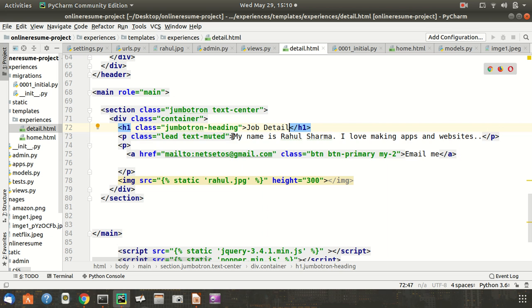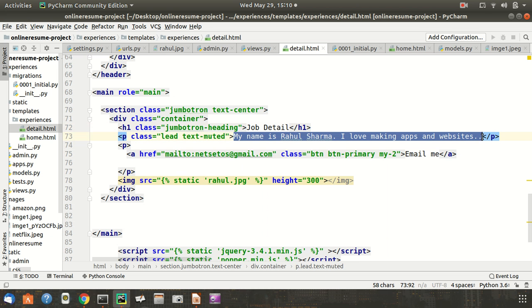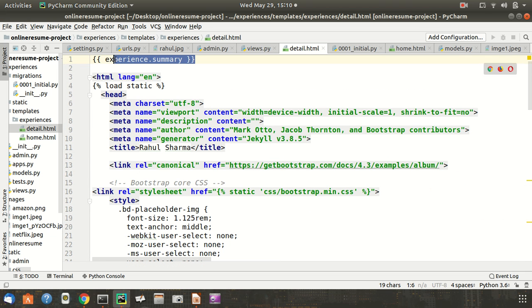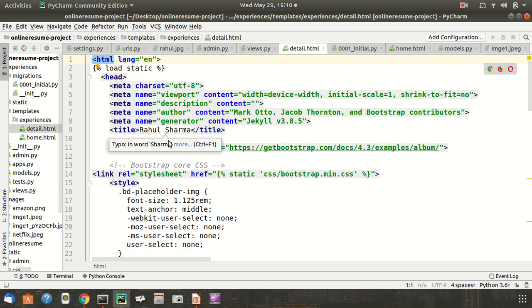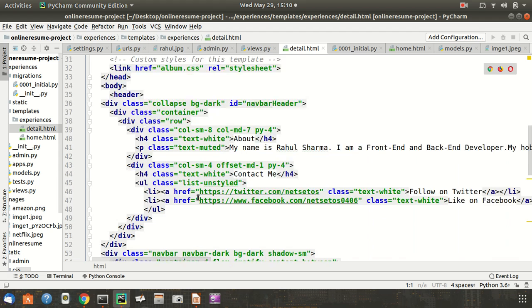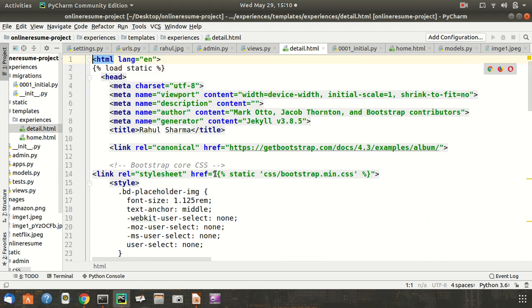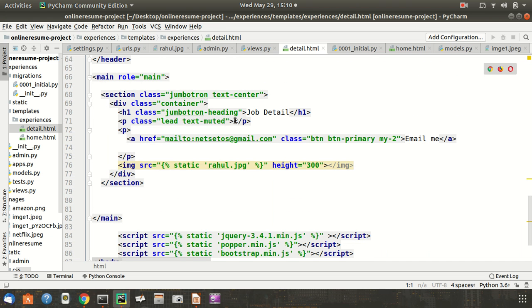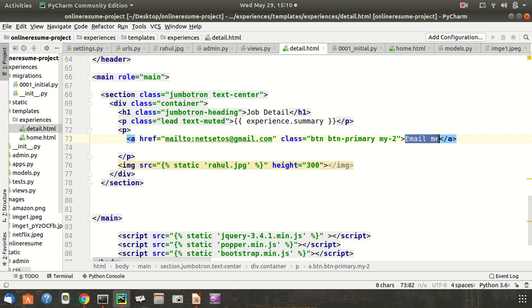and instead of its explanation I will delete this and I will write the experience.summary, aligning to its top, and will rewrite this to here. And instead of email me, I will be writing back,